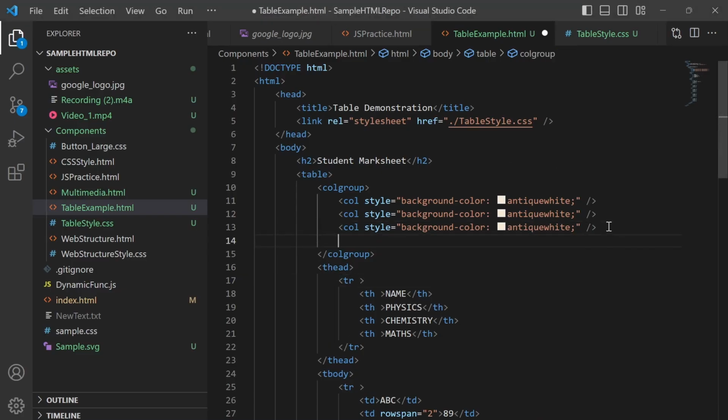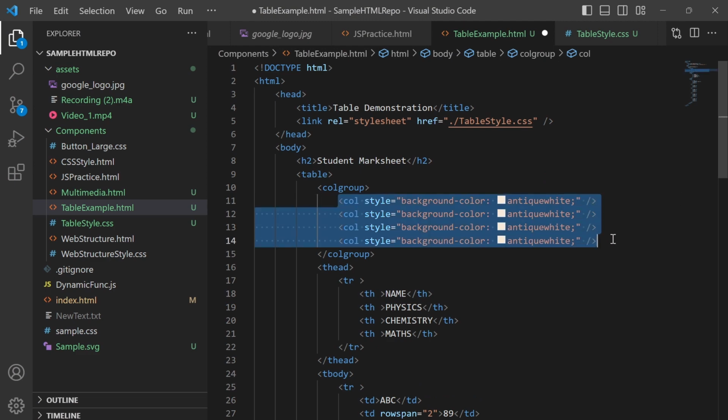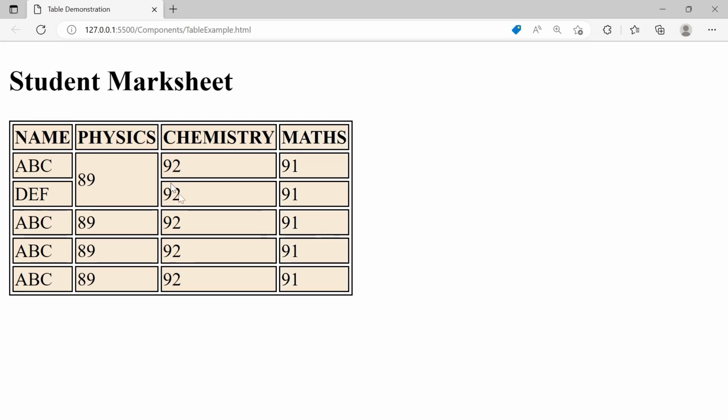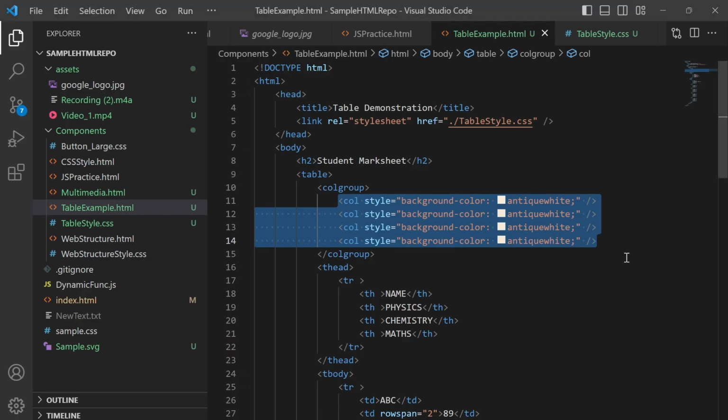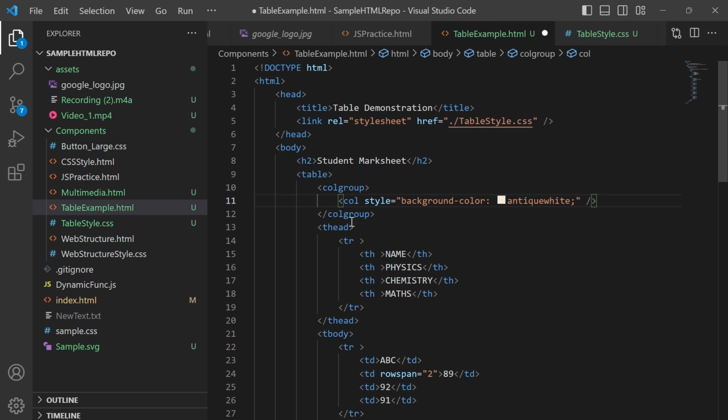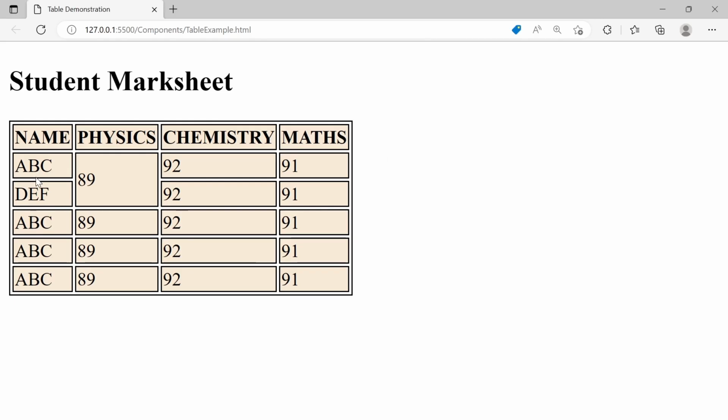So again I need to copy it and do it for 4 columns 4 times. Instead of copying the same content or repeating our code, we will use the attribute span equal to 4, and it is applied to all 4 columns.